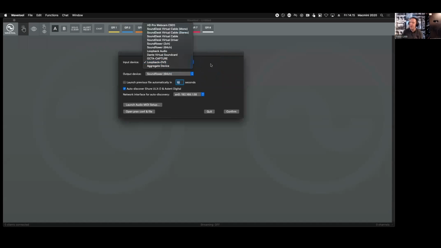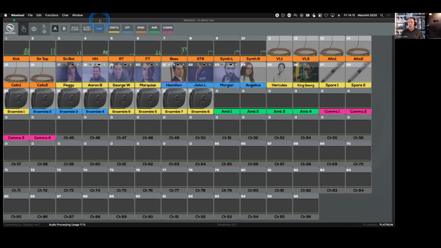So I'm sending some band tracks virtually because I don't have a band playing here, unfortunately. So I'm sending some virtual band tracks through this one to my Wavetool session. To save some time, I'm going to open a previously made file. This is how Wavetool looks, and you'll probably figure out fairly soon that all this green stuff here is